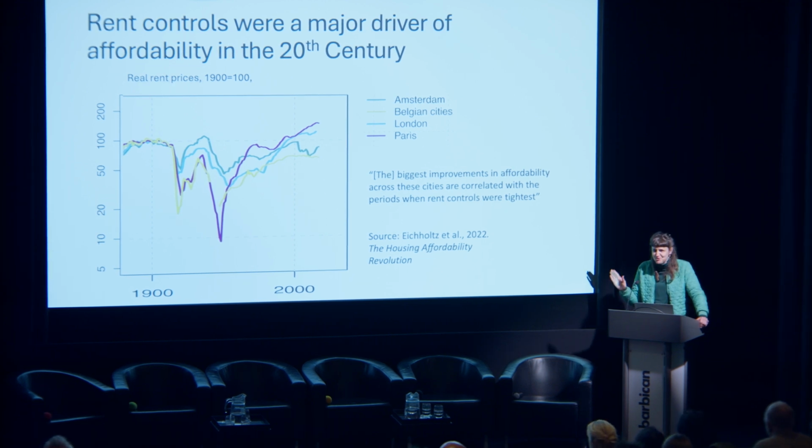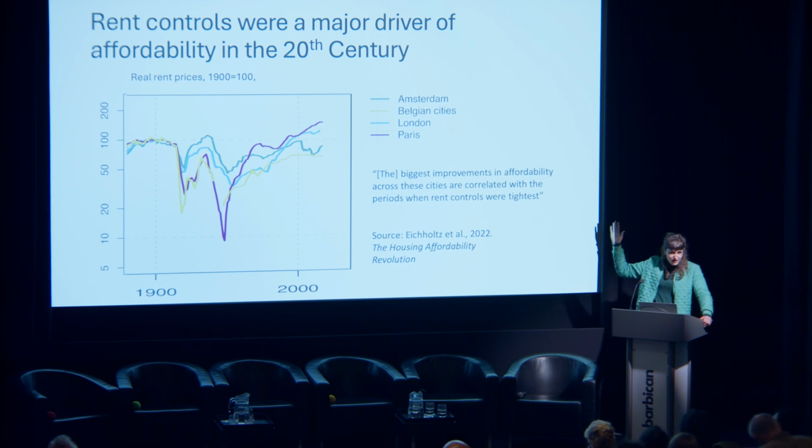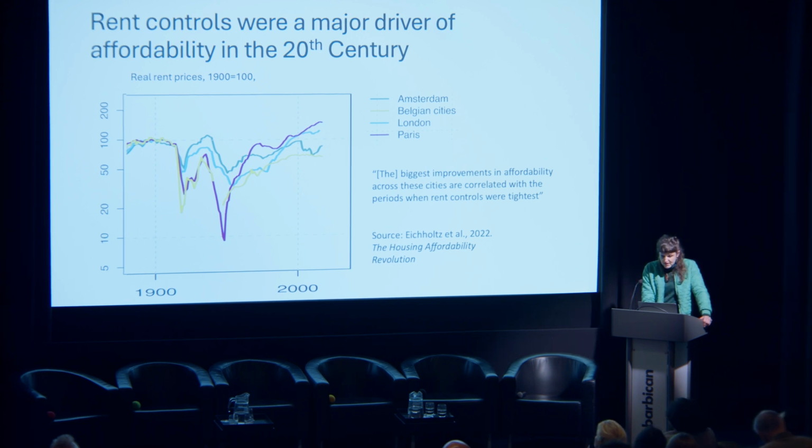We can do rent controls in a much more sophisticated way these days, but they were quite simple models where they just froze the rent at nominal levels. Meanwhile, they had high levels of inflation in those periods. And so the rents were really tightly controlled, effectively. And so they show that housing inequality and housing affordability grew massively during the 20th century, largely because of the